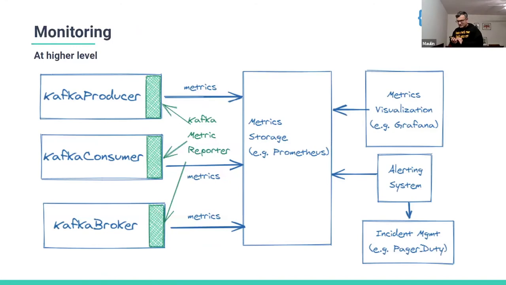Let's talk about monitoring at a higher level, how Kafka allows you to monitor things. This is based on the assumption of the Java client-side library on producer and consumer. On the broker side and the Java client side, there is a plugin called Kafka Metric Reporter. What the Kafka client or the broker code does is keep publishing JMX metrics to this reporter.